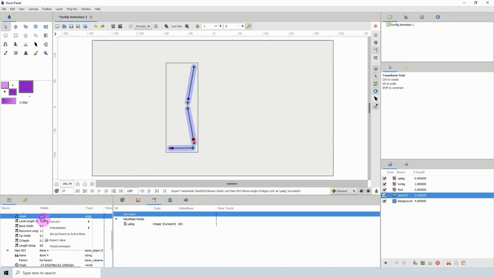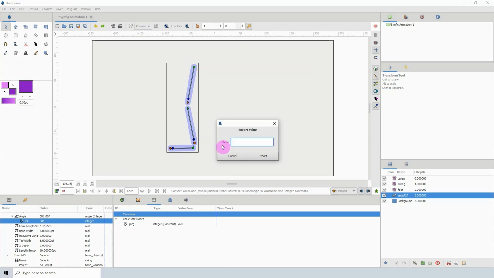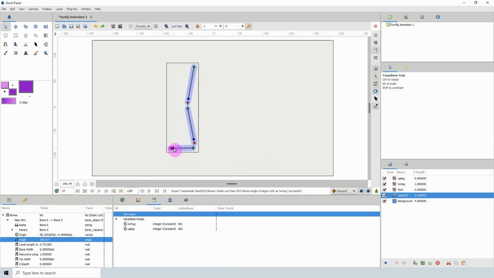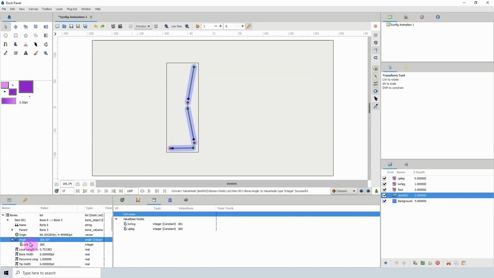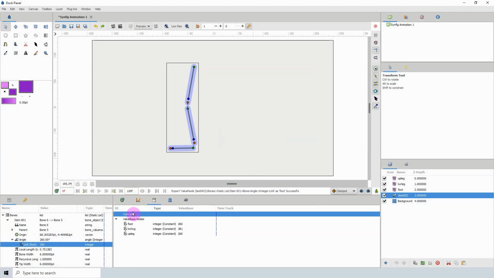Right click, convert, integer. I'm going to export the value over into the library, so I'm going to call this LWR leg for lower leg, export, and I'm going to do the same with the foot rotation here. So right click, convert, integer, and right click this, export value, and I'm going to call this simply foot and export. Okay, so now that we have all of these in the library, let's go ahead and attach our controls